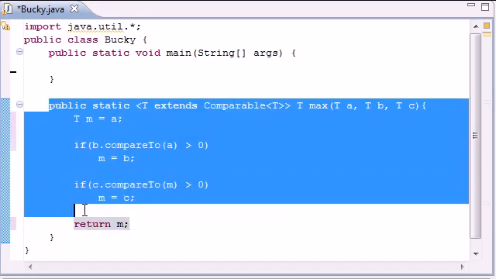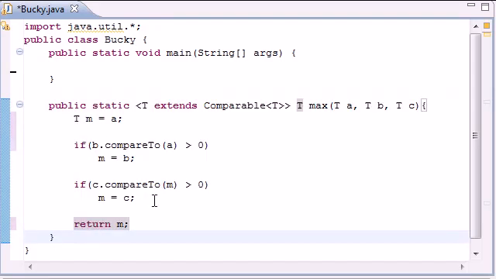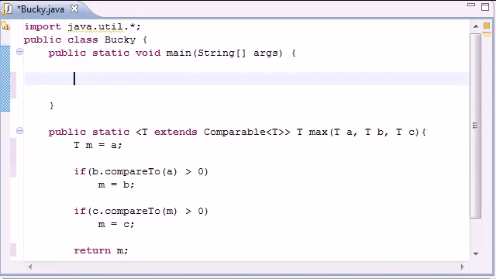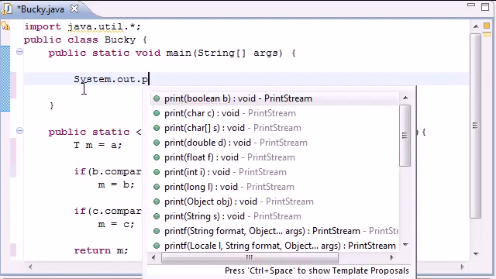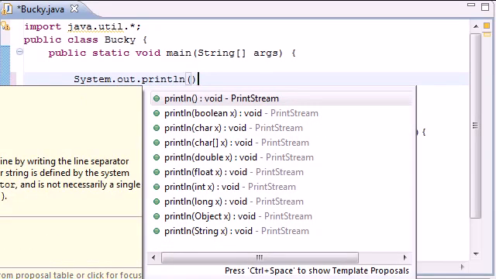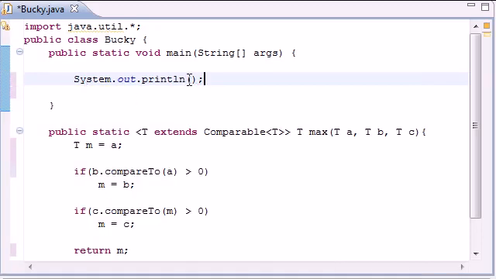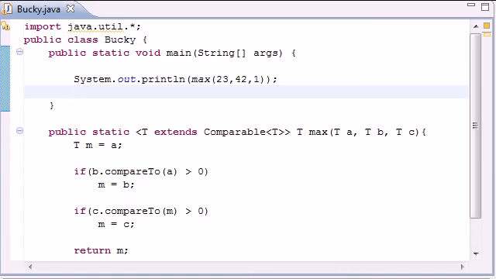So this method gives you a return statement, but the one thing we didn't do is have a way to print it out yet or pass any data into it. So in your main method, put System.out.println, and what do we want to print out? Well, we want to print out the max of, just put like 23, 42, and 1. Now what this is going to do is print out the maximum of this. So if we go ahead and run this, we see we get